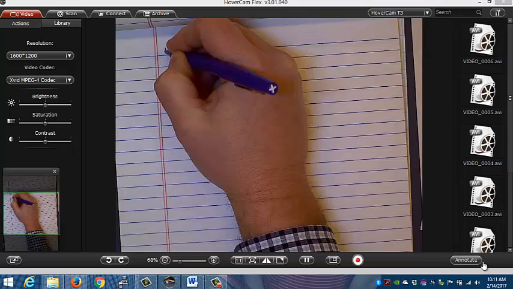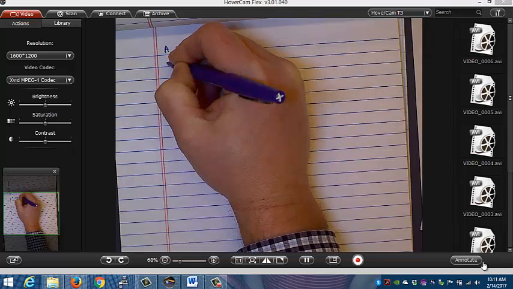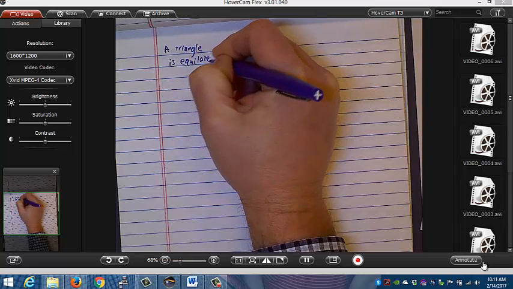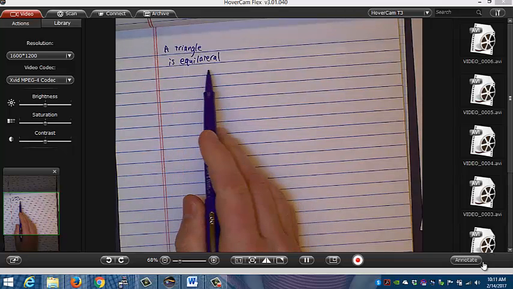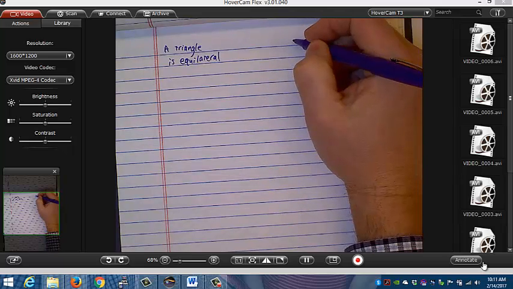I was going to say a triangle, this is not linear algebra, of course, this is geometry. But if I say a triangle is equilateral, do you guys know what that means? That word, equilateral? It means equal on all sides. Yeah, lateral is side, sideways, right? So equal sides, right? Well, isn't it true also that